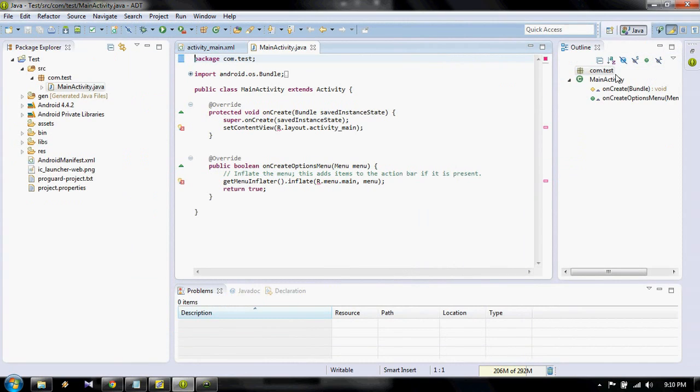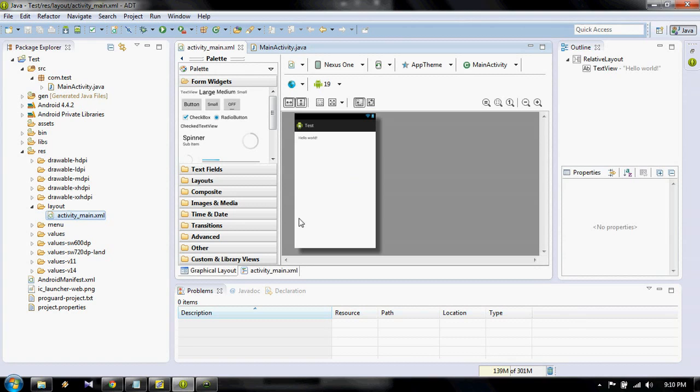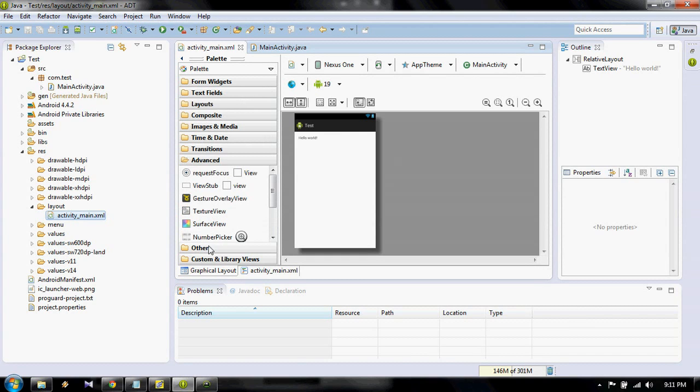Now let's look at the layout. Click on activity_main.xml. See, this is the layout for your project. You can drag and drop from the options here. I will make a text field here.